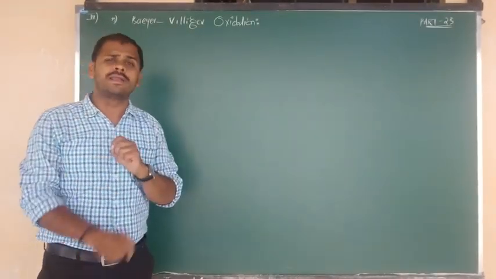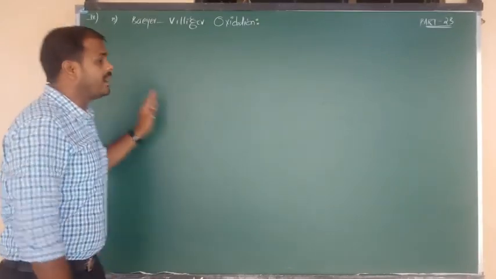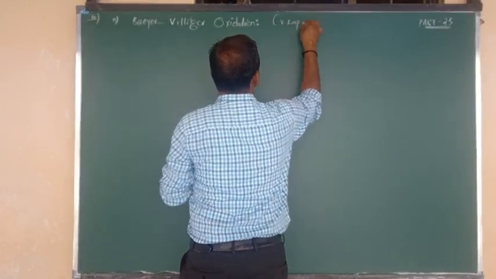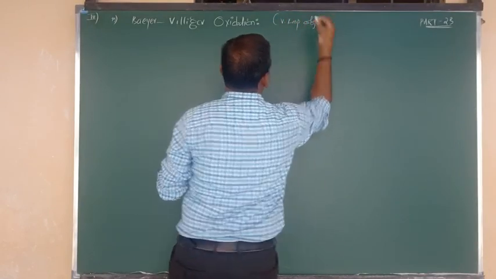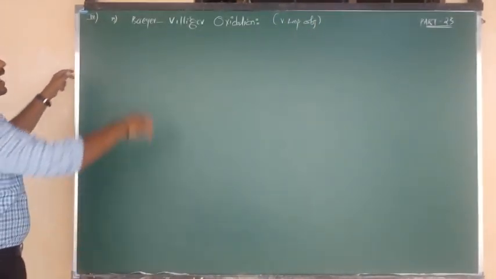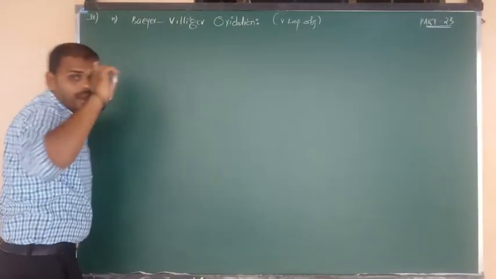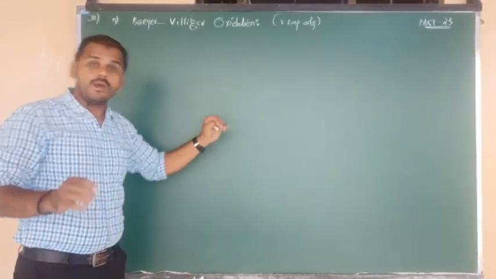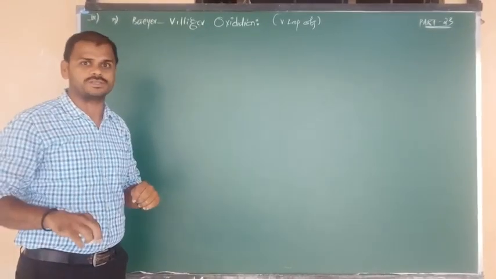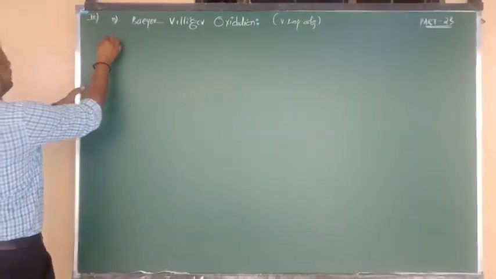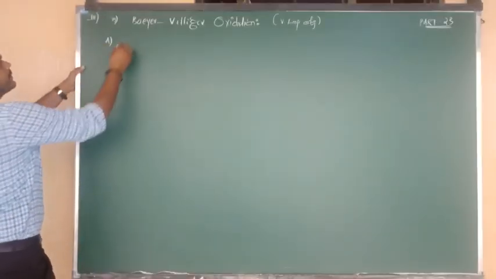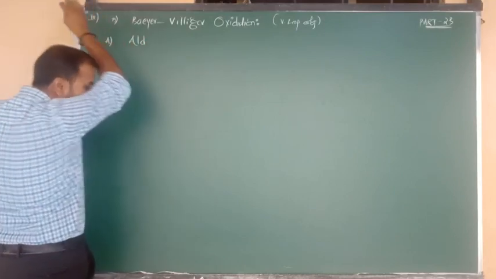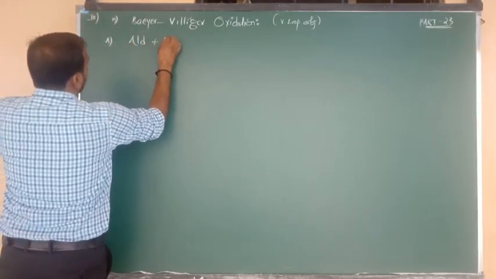In this Baeyer-Villiger oxidation, how do aldehydes and ketones undergo oxidation? It is a reaction that is very, very important from the objective point of view. First of all, I am going to show the statement using aldehyde, because this is not common for aldehyde and ketone. For aldehyde, one type of product; from ketone you will get another product. First of all, I am going to consider the aldehyde. The statement is: aldehydes upon oxidation with